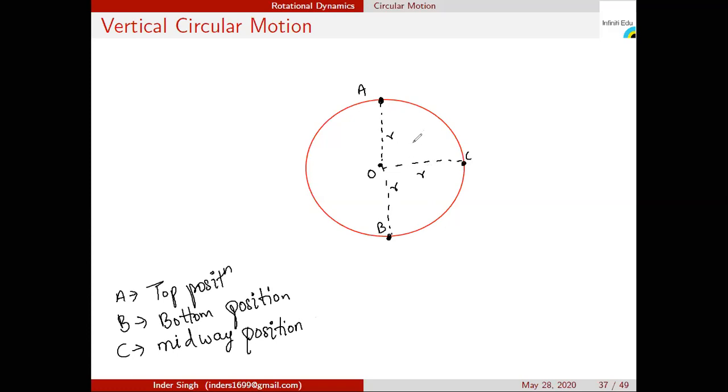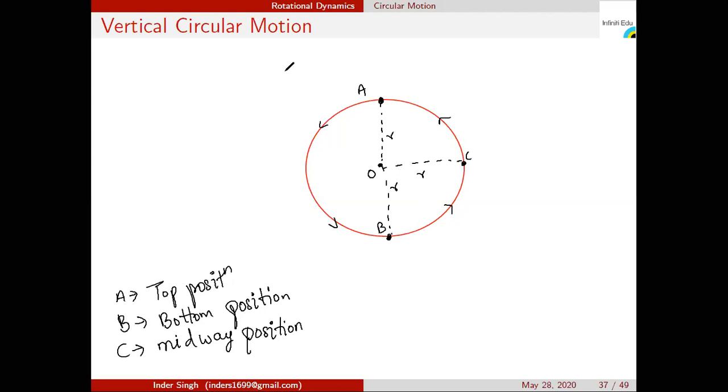If I talk about the forces acting on the particle, first of all, this particle is going to perform a vertical circular motion in the anti-clockwise direction. I hope you know why the particle moves anti-clockwise. In order to get theta, omega, L positive, most of the physical quantities will be positive if you rotate the particle in the anti-clockwise direction. So this is the reason the particle moves in the anti-clockwise direction.